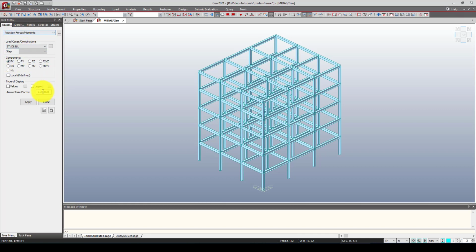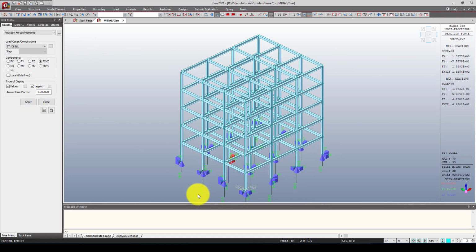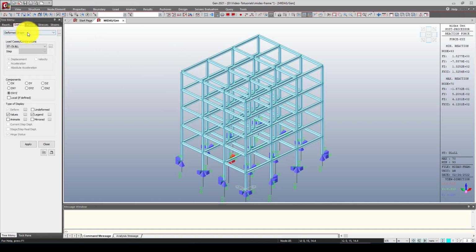Let's see the reaction force, maximum XYZ, and here you can see the maximum, and here is giving the maximum minus 400, the moments also, and this is the X, 231, 132. So like this we can check another list, the deformation from